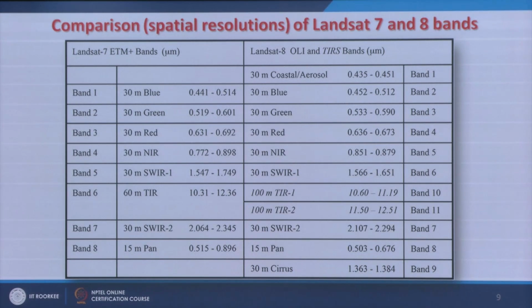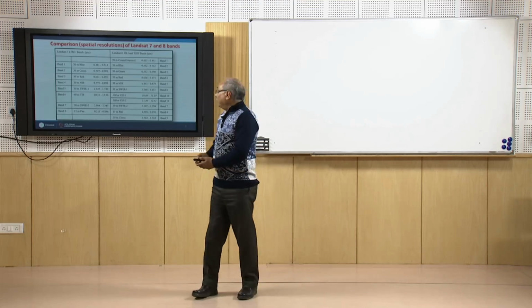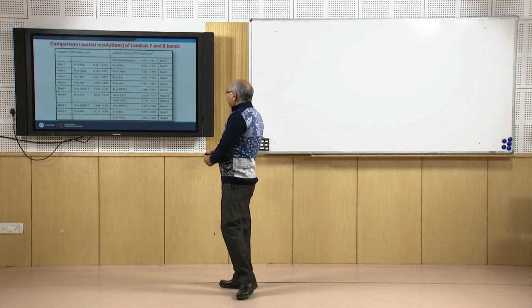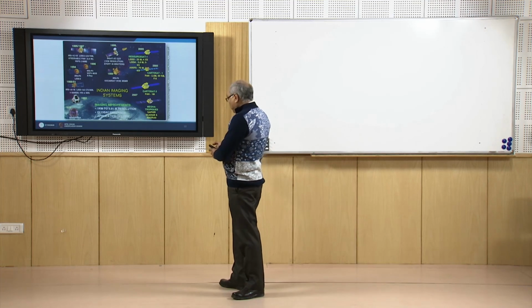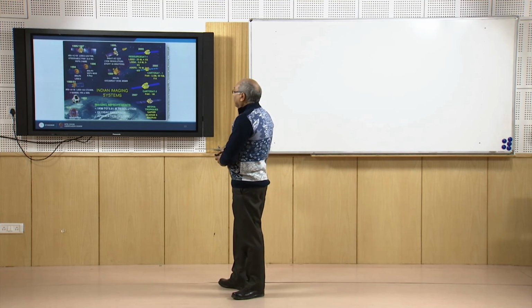One more band has been added here after this, a band 9, which is having 30 meter, and especially it is designed to capture data about the snow or ice. So after seeing this comparison between Landsat 7 and 8, now I would like to focus mainly on Indian remote